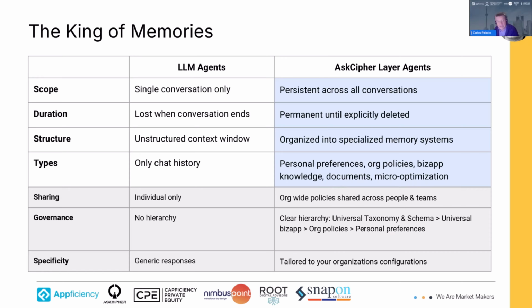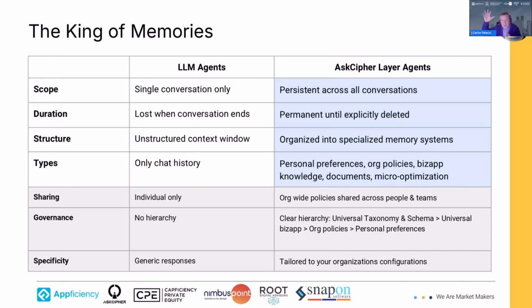We organize memories in different ways. We have a special system that varies between personal preferences, which are just for you and how you work and operate, and org policies, which I will be demoing in a few minutes. That is something your organization always has. That is your organizational policy, and you need to enforce it across all the users.